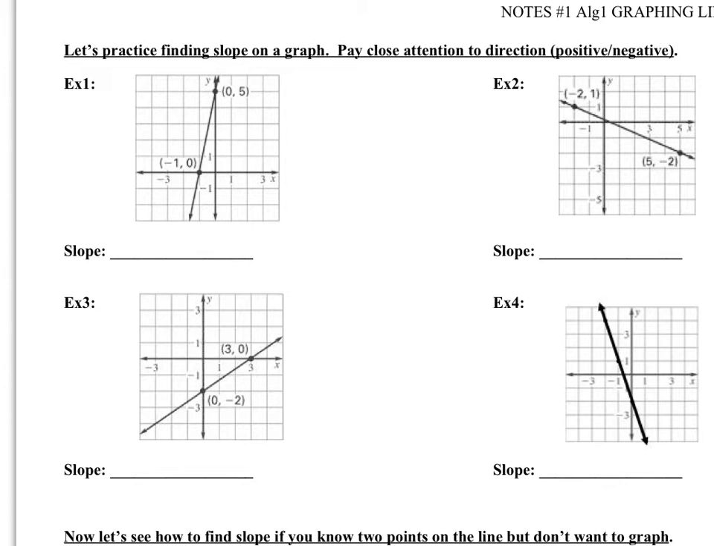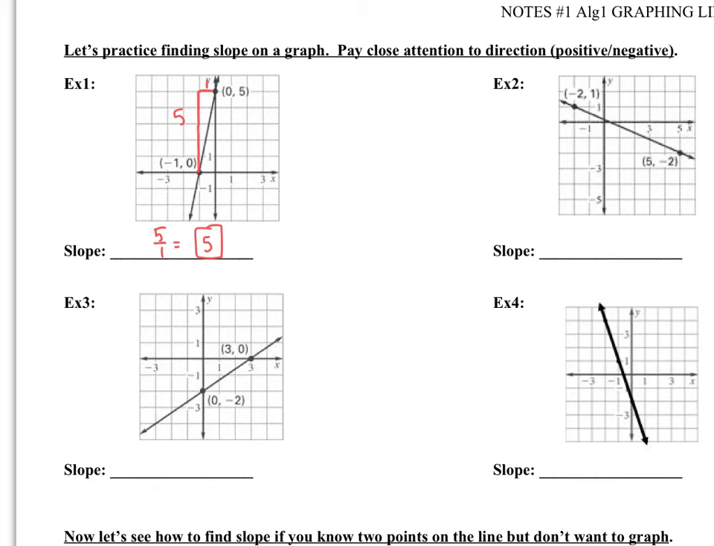So here we're just going to practice reviewing finding slope on a graph. So for the first example, I would count 1, 2, 3, 4, 5 up, and 1 over, 5 over 1, which would reduce to 5. And then I also pay close attention to my sign. This slope is increasing, so it's positive,